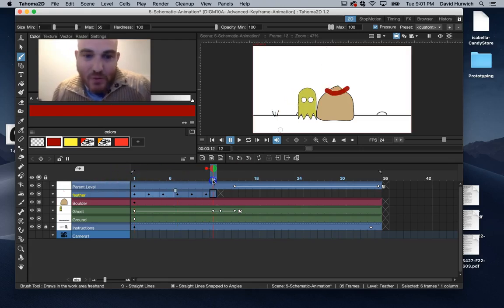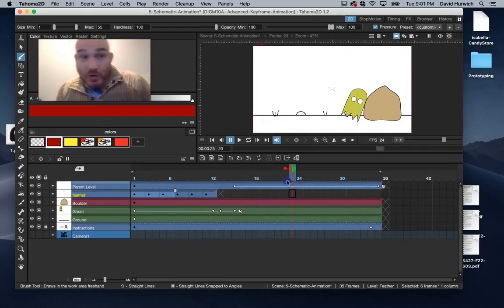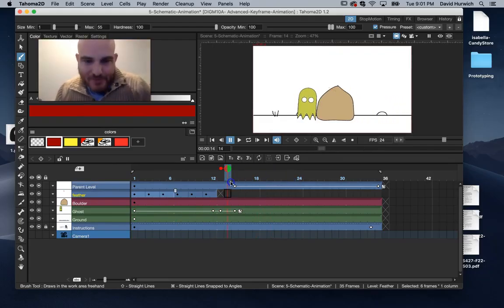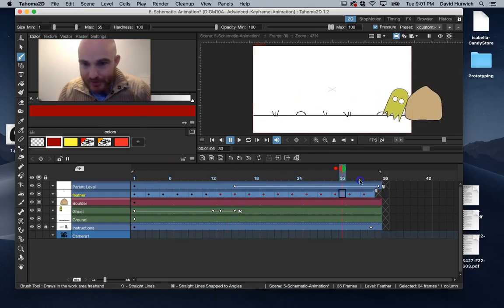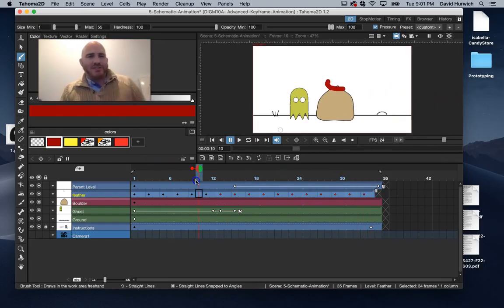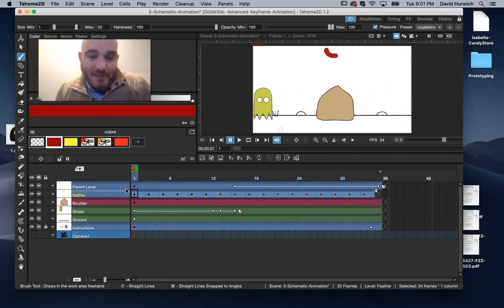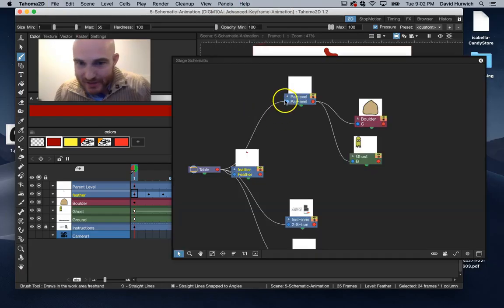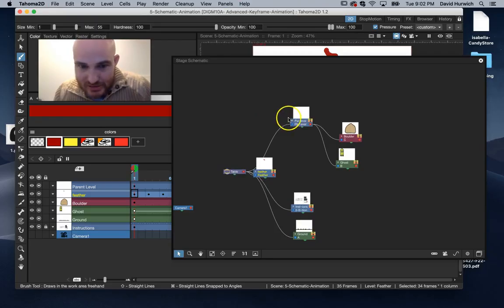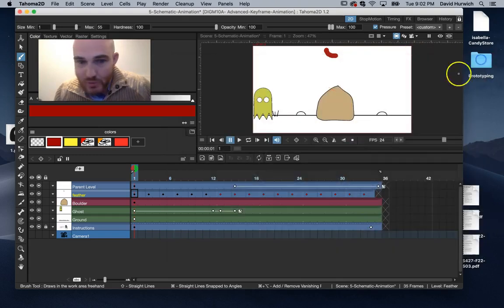Okay. Now, when the rock moves, in theory, the feather would also move, right? Well, the problem is this is on a separate level, so what would happen is it just kind of magically disappears. I don't want that to happen. So what could I do? Well, once again, I could go back to Schematic. And here's my feather layer, and I'm going to attach it to that parent level. So once again, when I animate the parent level,